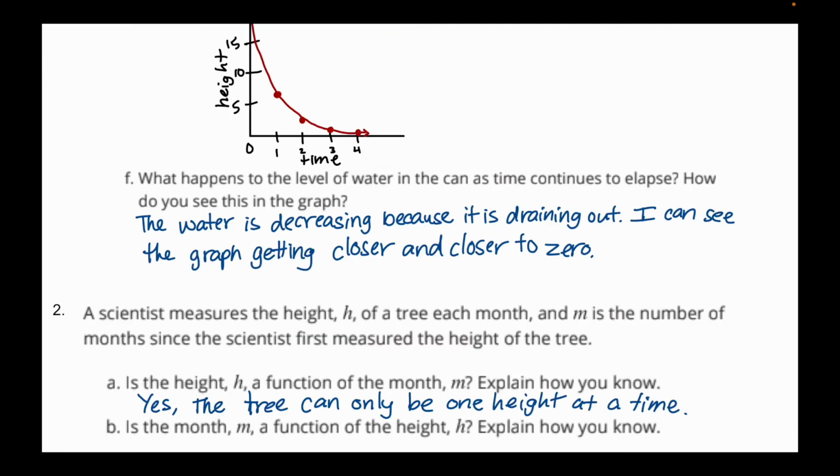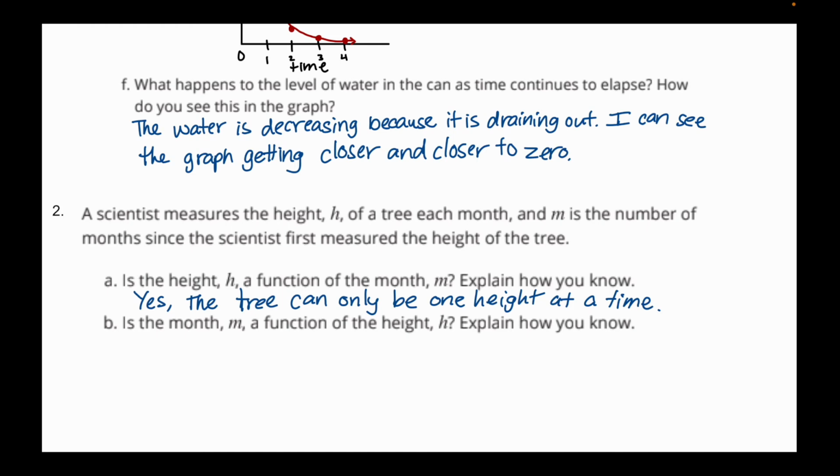So I'm going to say, if the height of the tree is the same for 2 months in a row,